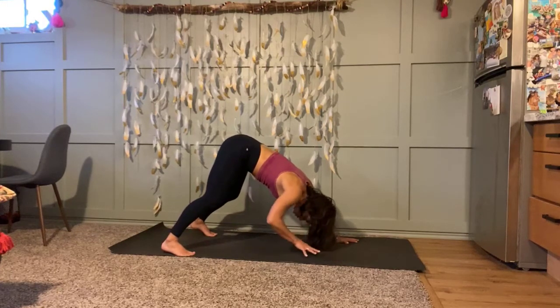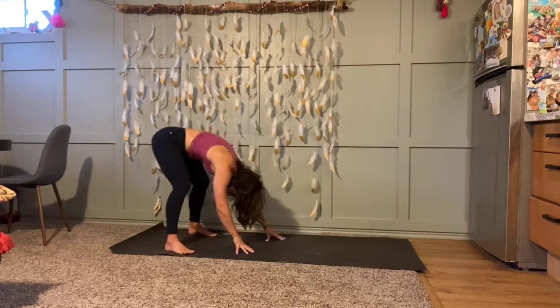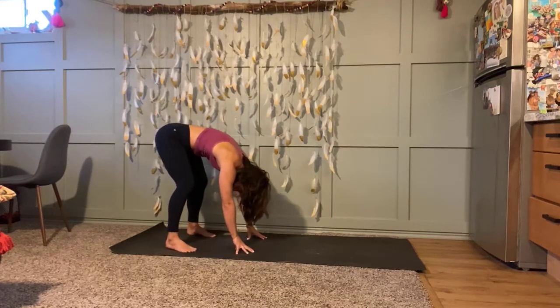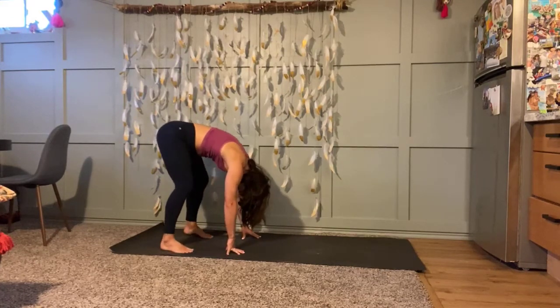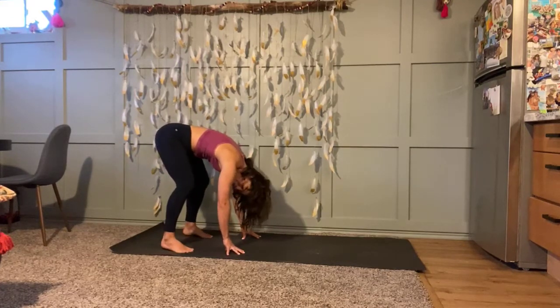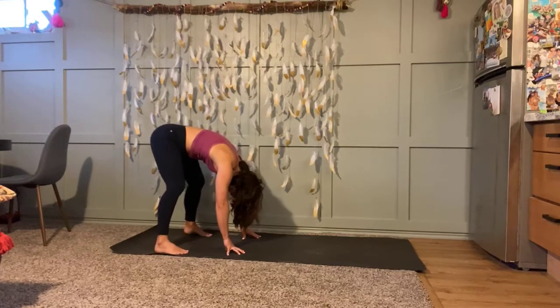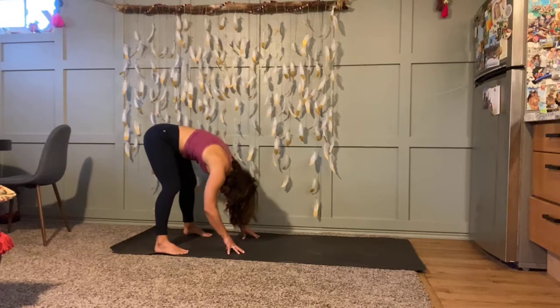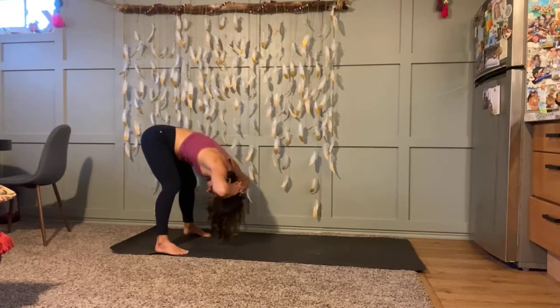Walk your hands slowly to the back of your mat and find yourself in a forward fold with your feet at the back of your yoga mat. So no rush. Eventually forward fold with your feet about hips width distance apart or even a little bit wider. All 10 toes face directly forward, and you can either grab opposite elbows for ragdoll or hands behind your head